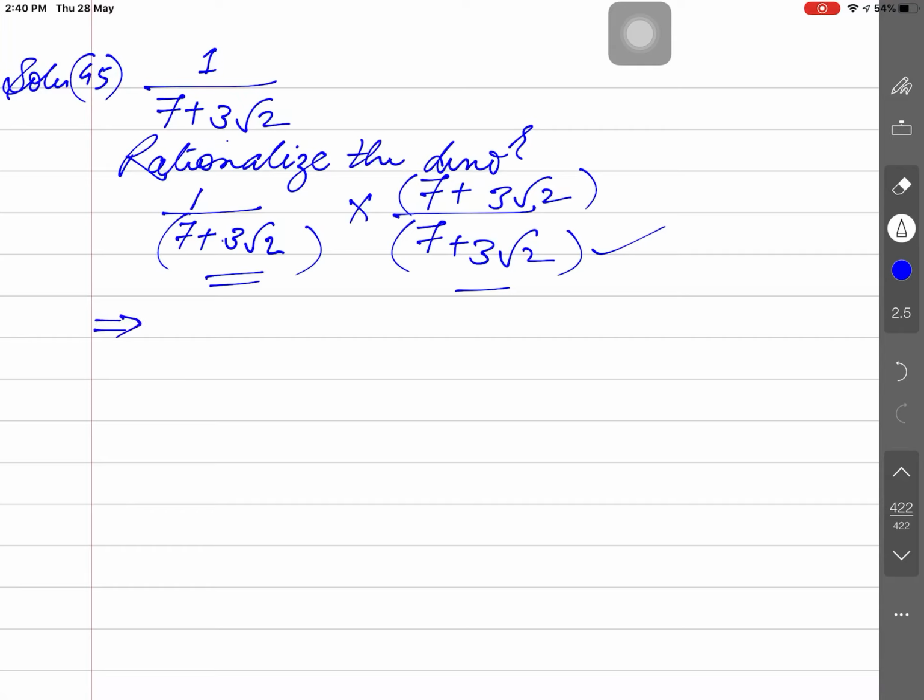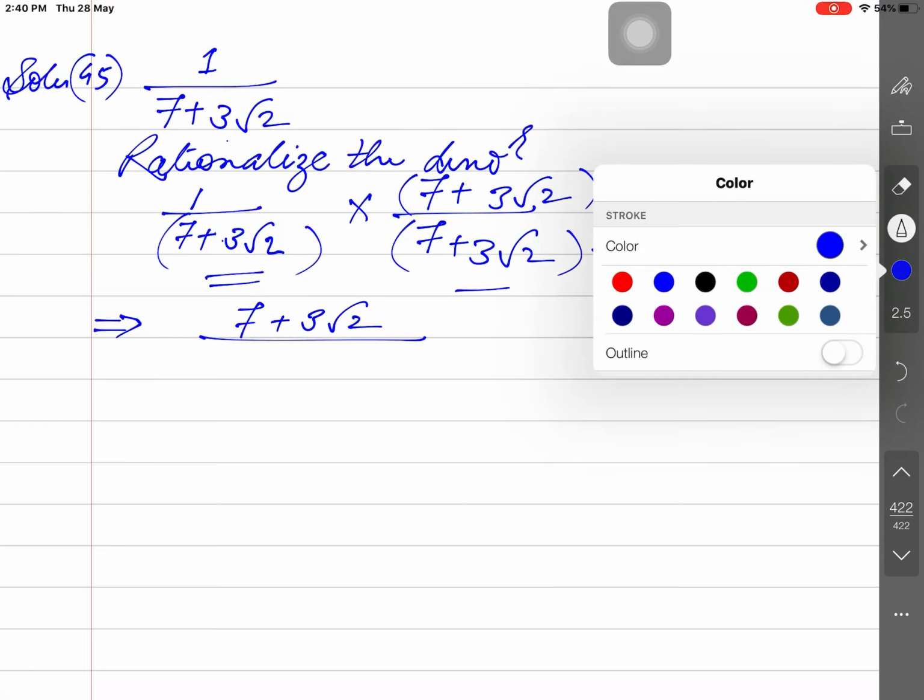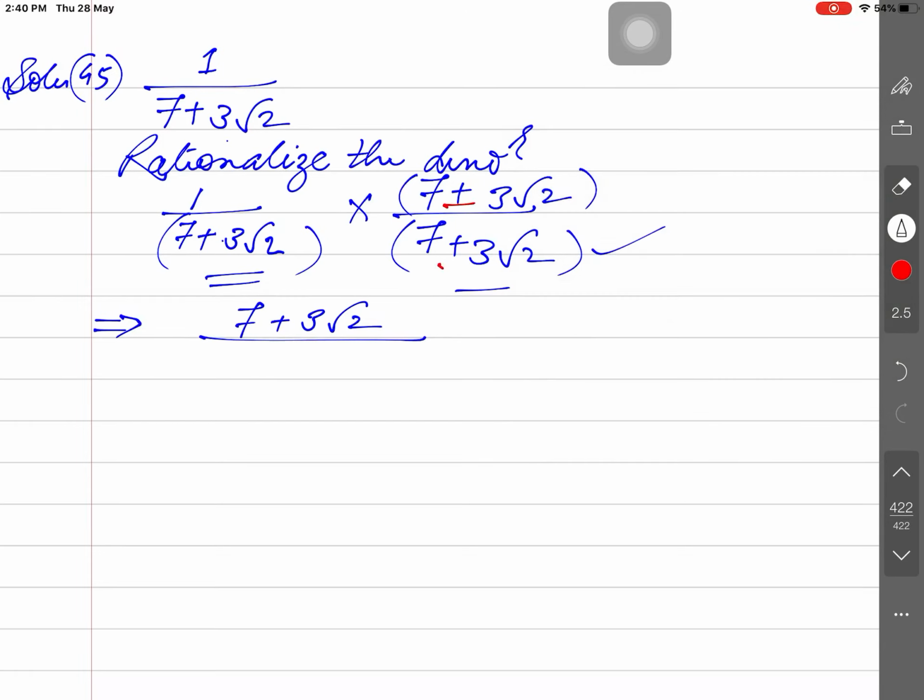So how is this to be done? Its numerator is the same as it is, and divided by the pattern. What is the mistake we have made here? Tell me please, guys. Yes, the mistake is that here minus is to be taken. Why? Because there is plus, the conjugate of that is negative. So here I need to take negative. So that's minus. Okay, so the pattern is what? A plus b, a minus b. So it's a square minus b square. I'm just telling you again here.